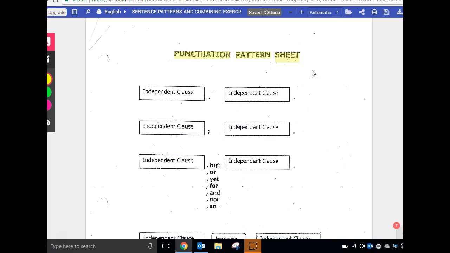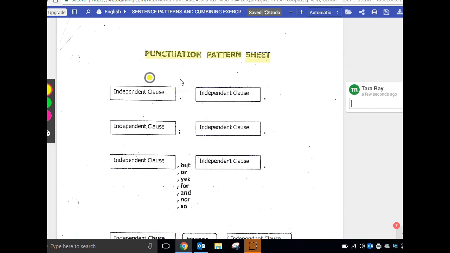In order to know how to punctuate, you have to know and understand phrases and clauses. So there's a reason it's called punctuation pattern sheet, even though I use this to teach sentence structure as well. So here's what I'd like to walk you through. We're going to look at this first type of sentence, okay? And if you'll notice,